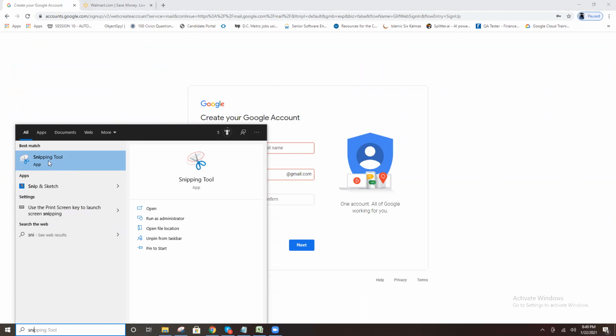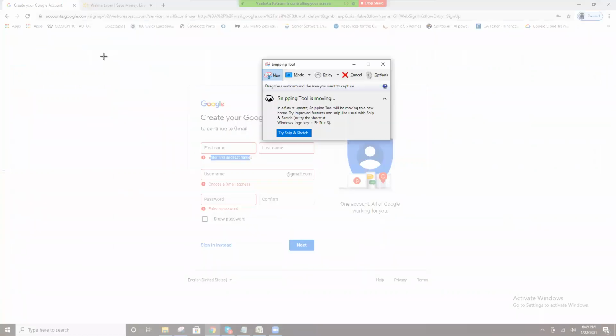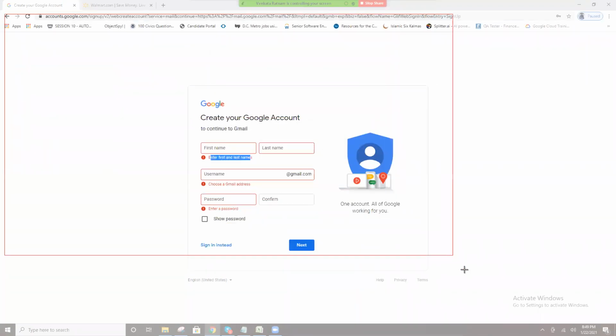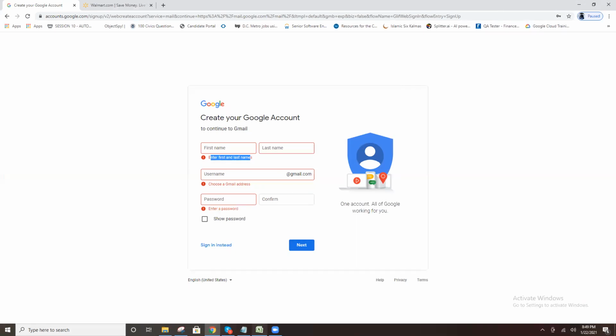Select the snipping tool, click New, and then select the entire screen or whatever you wish. There is a highlighter, or otherwise a pen. Round off the not showing part. Save this and attach it in the tool. That's it.